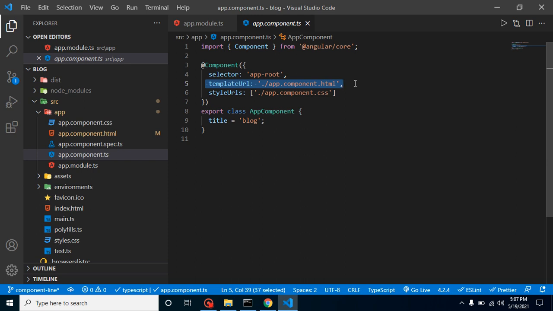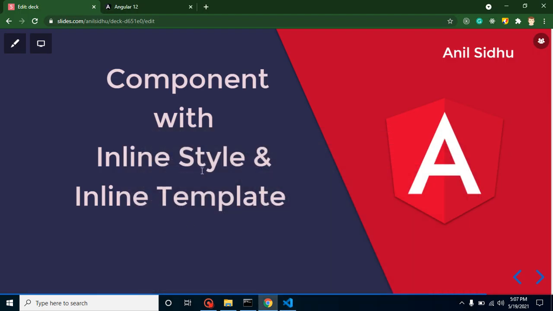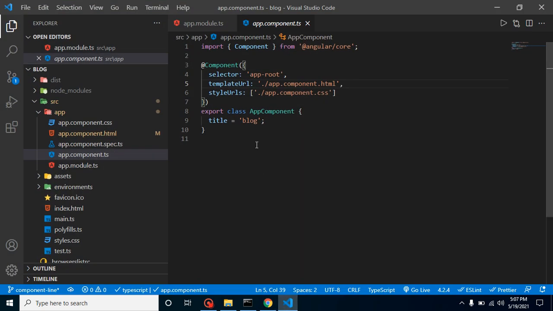That's why we don't want to create a separate file for a small chunk of HTML code, right? And whenever we are using both inline style and template together, that time both files will be just missing from here, and they are not used here, and directly HTML and style both are written inline.